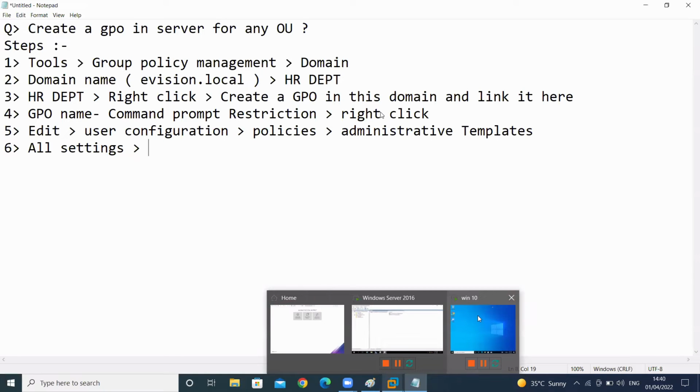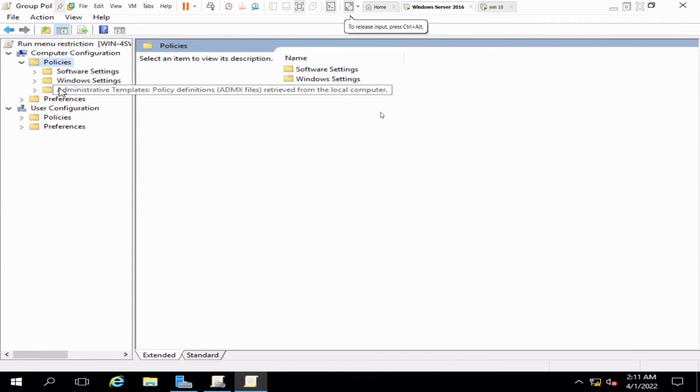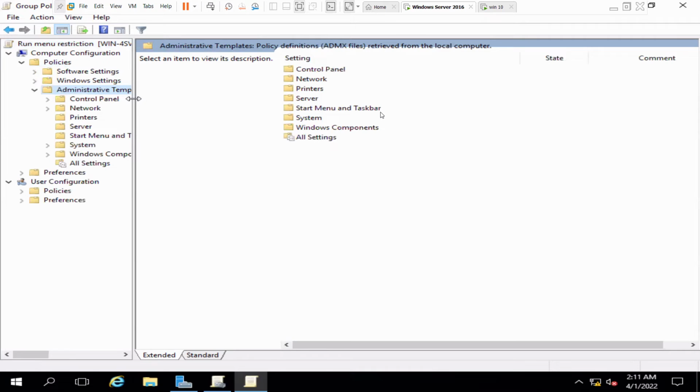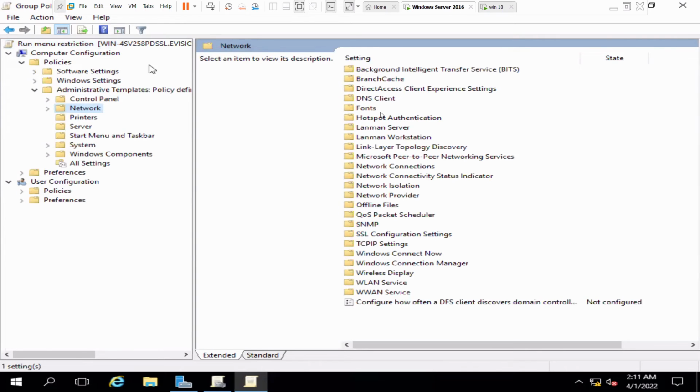So I will go to computer configuration, not user configuration: Policies, Administrative Templates, and then pen drive restrictions. Okay, there will be an option, Control Panel. There should be an option for your drive, a folder with the drive name. Inside the drive folder there is a